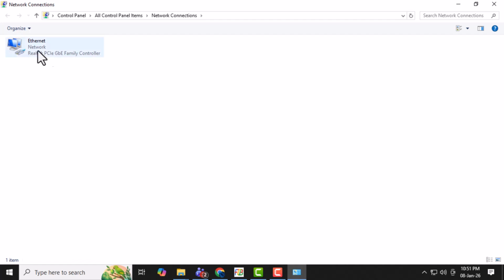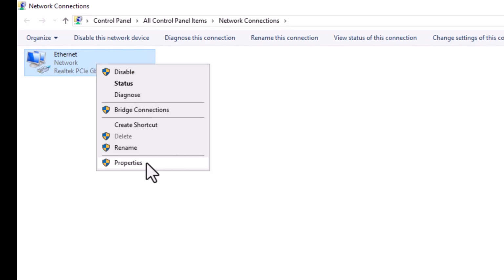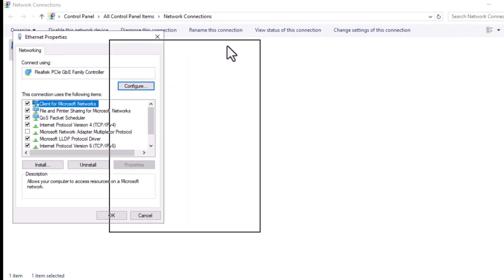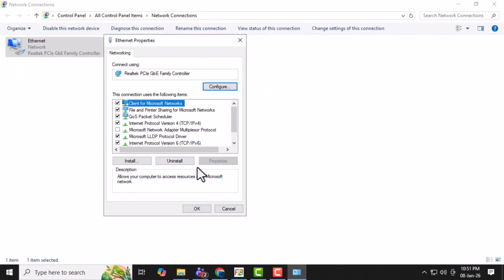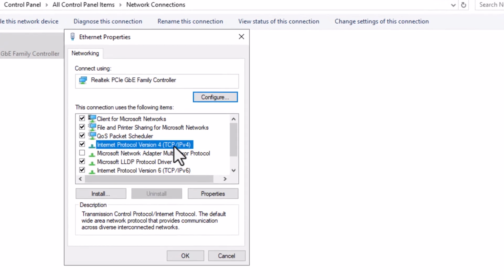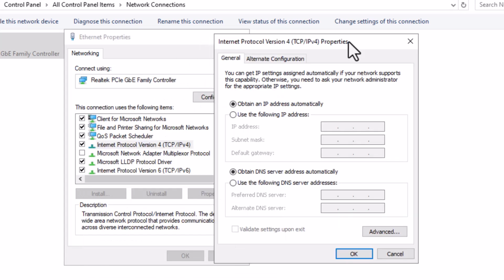Step 2. Find your active network adapter, right-click on it, and select Properties. This opens the settings for your network connection, allowing you to change how your computer communicates with your network. Step 3. In the Properties window, scroll and select Internet Protocol version 4, TCP/IPv4, then click Properties. This is the protocol that handles most network communication on Windows, and setting it correctly ensures your static IP will